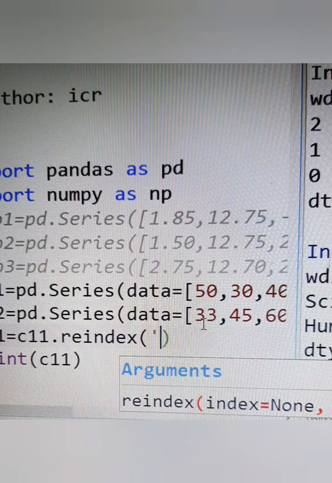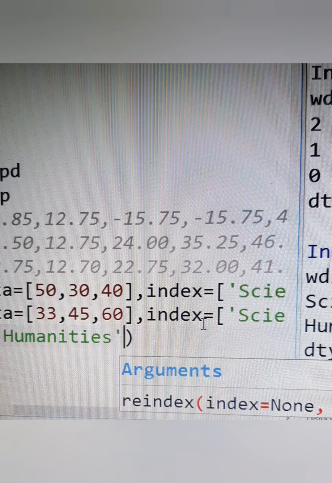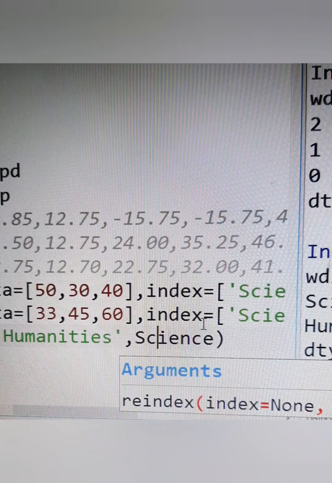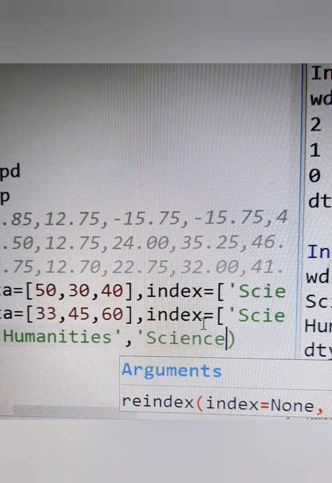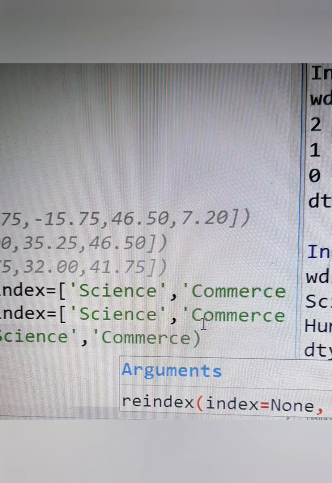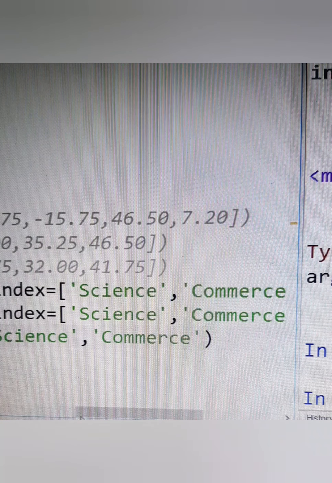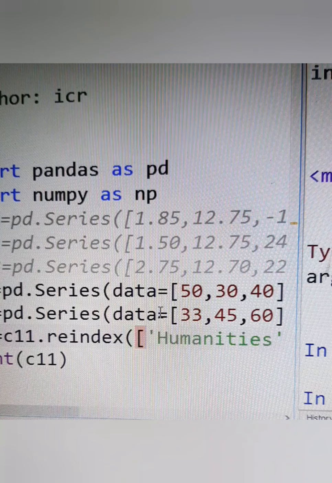If I write here humanities and then science with single quotes, and then commerce, that too I should give in list form because these were actually a list.